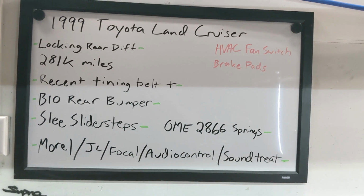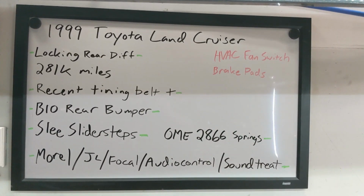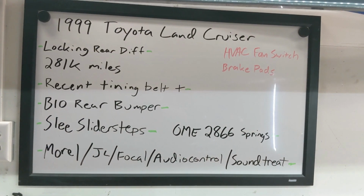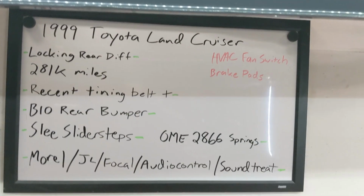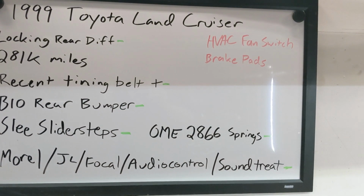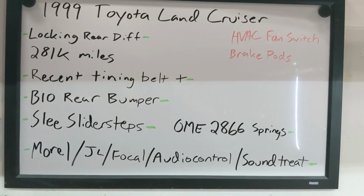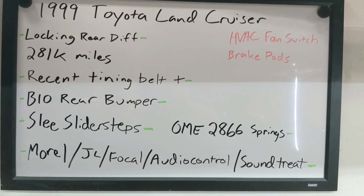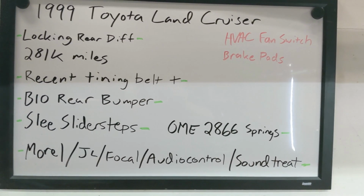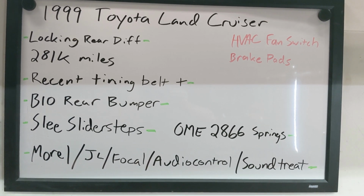So the only other item that I have to touch on that I haven't really already is the sound system, which is normally not something I'd really mention in a used car sale, but it's pretty good in here, and I think it might be worth mentioning. So Morel speakers, they are Morel Virtus 602, I believe. So those are $500 components in the front soundstage, and then a JL Audio monoblock amp for the rear subwoofers,